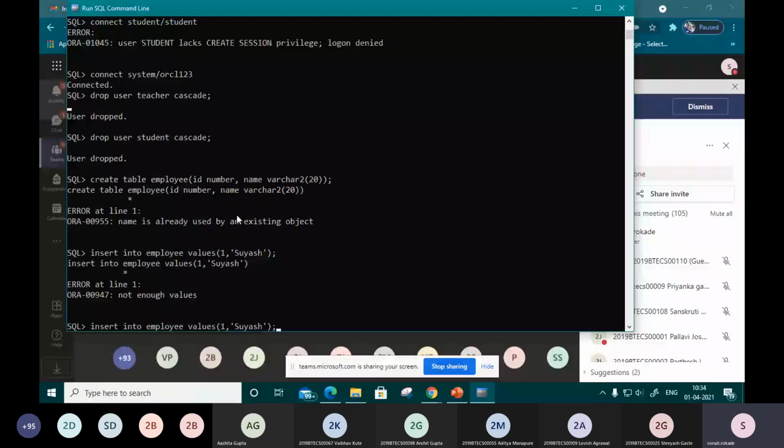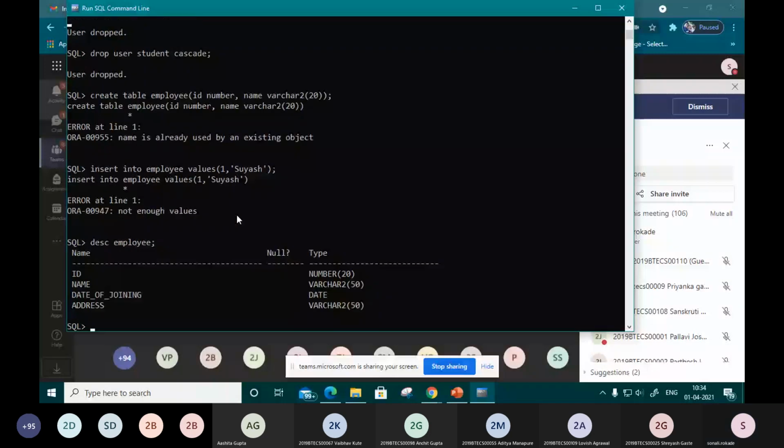Let me check first what values are available there. Okay, so describe employee. Lots of columns are available there. So I'm going to drop address: alter table employee drop column address.